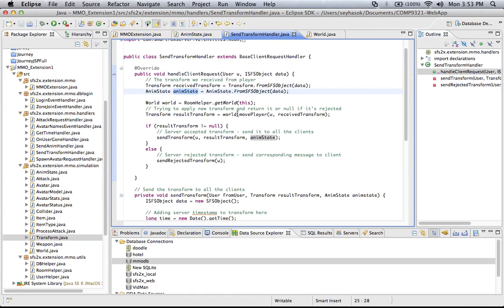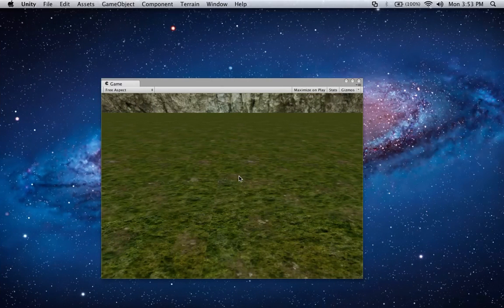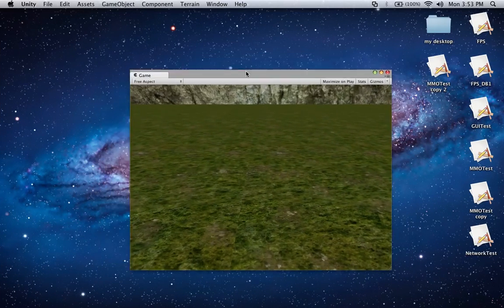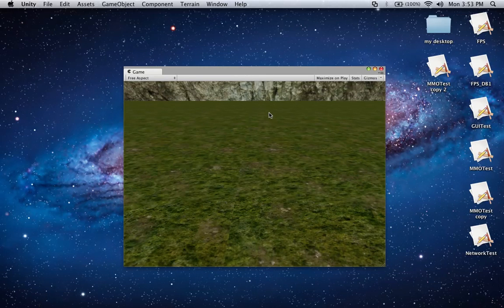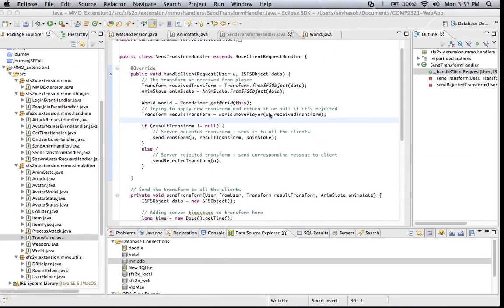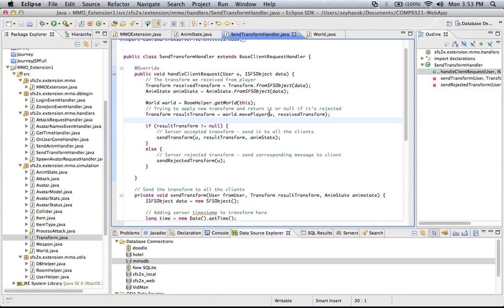And then I give it to world for validation. Like I said before, when you have the client here, it sends the transform to the server, then the server has to validate if that transform is valid or not. If it's invalid, you have to reject the transform, and if it is valid, then you can accept it, and then you broadcast that transform to other clients so that everyone sees the same thing. Right, now